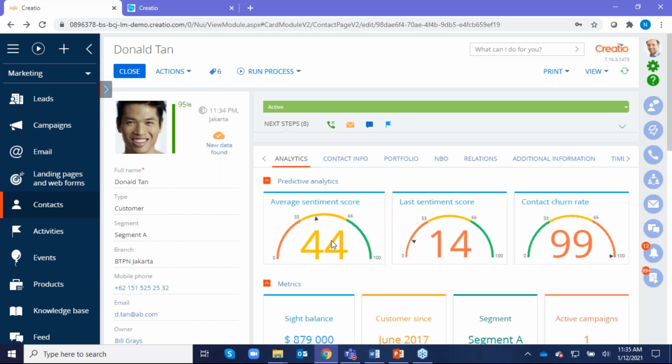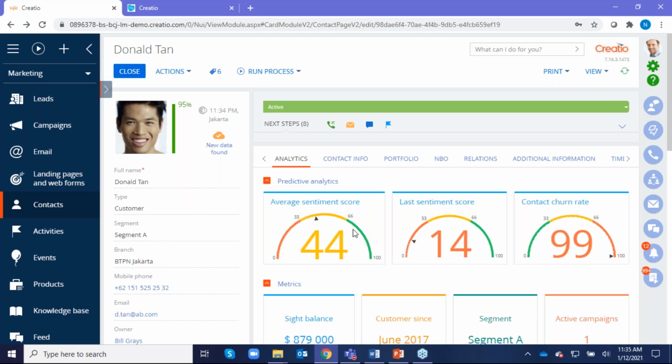I probably should have highlighted this, but it was actually 42 before that sentiment came in, and it jumped to 44, indicating that this was actually a positive tweet that Donald had put on our Twitter page. We were able to capture that, dock it against Donald, and automatically make a prediction that he's trending in the right direction. What was previously a red zone is now the yellow zone, but we have a lot of work to do before we get into the safe zone of his sentiment analysis.